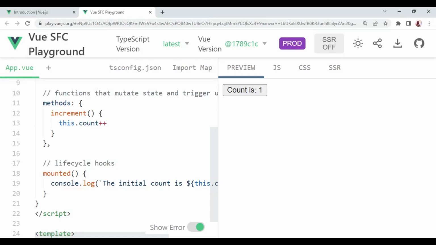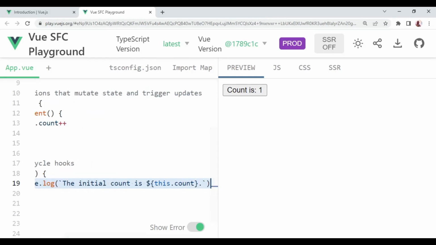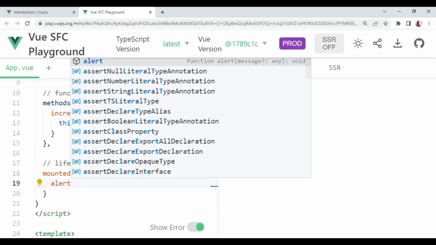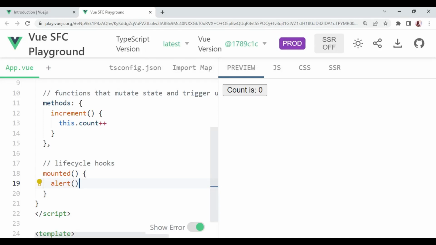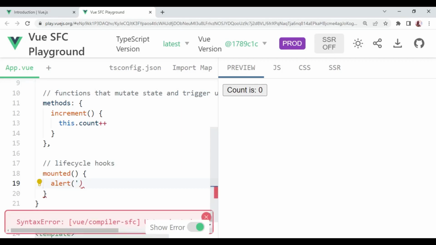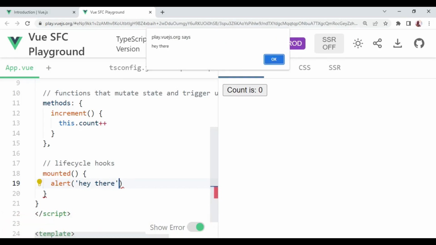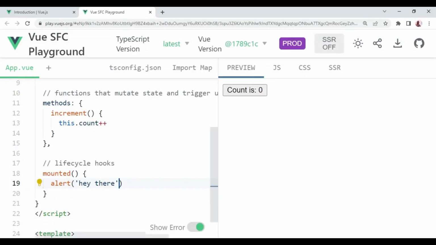So instead of even having console.log, we can even have something like alert. And we type in something here. It's not allowing me to modify that. I do not know. Maybe I can click OK. And then here, inside here, we can pass some text. So we can write, hey there, like that, and save. And now you can see that being outputted. So if our application is mounted, then the first thing that we have is hey there,